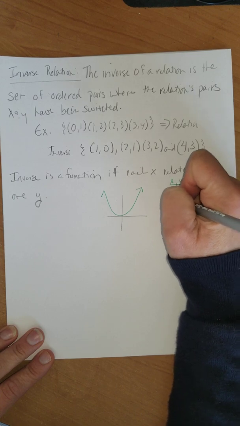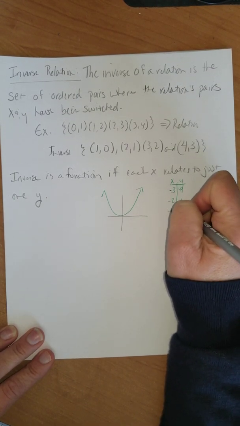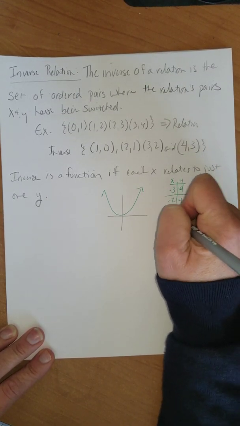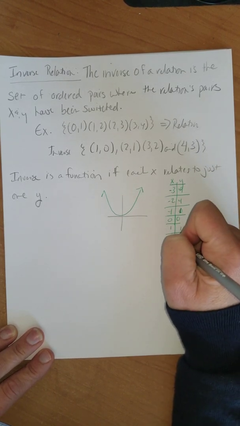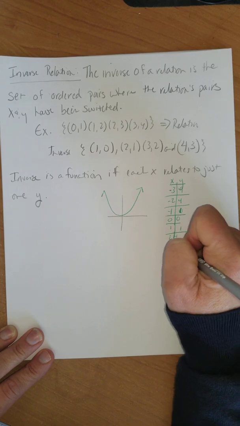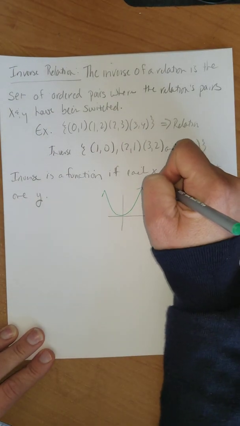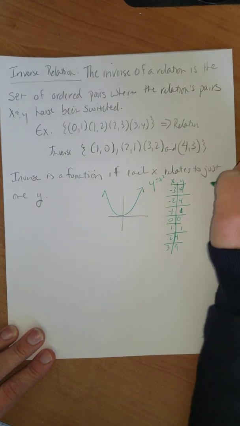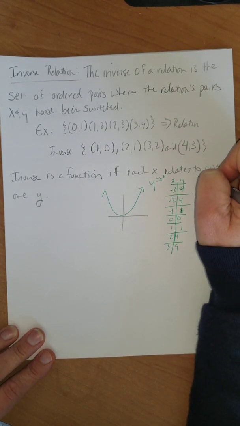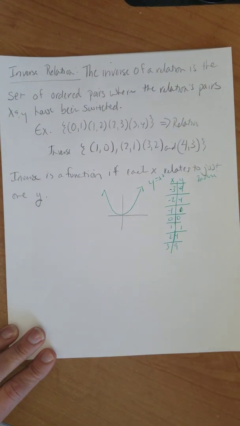-3, 9, -2, 4, -1, 1, my bad. 0, 0, 1, 1, 2, 4, and 3, 9. Because all I'm doing is taking y equals x squared and squaring my x's, and that's how I'm getting that. Now, for the inverse, I'm going to do this in blue,